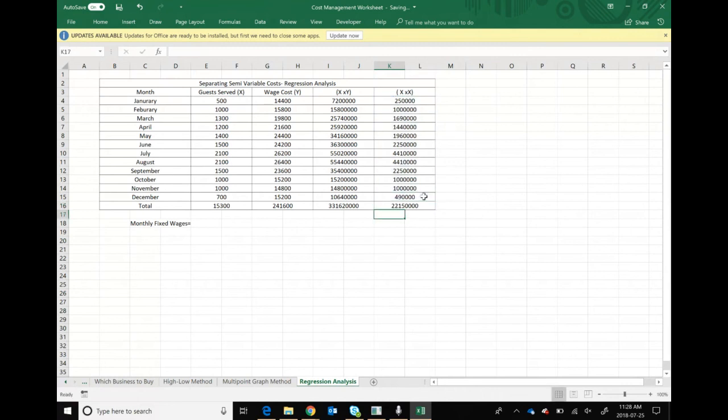Beautiful. Okay, so now, if we look at this stunning thing right here, our fixed costs are equal to the sum of y. If you look at your chart here, y is your wage cost. At the very bottom, we have the total being $241,600. That's the sum of y,